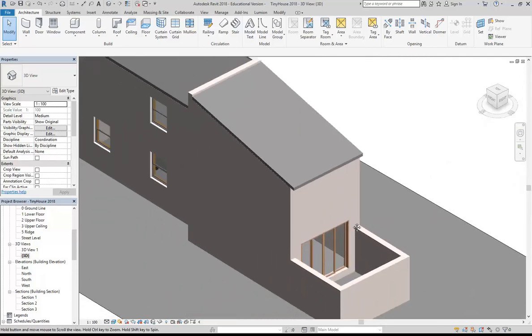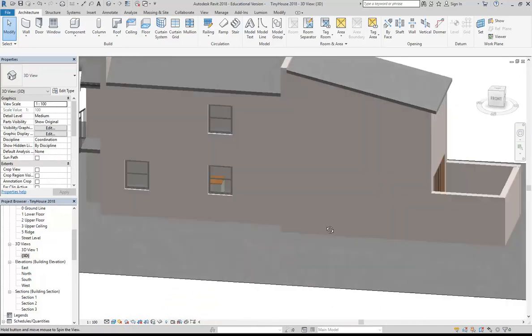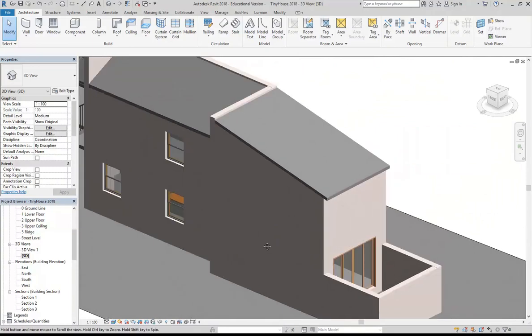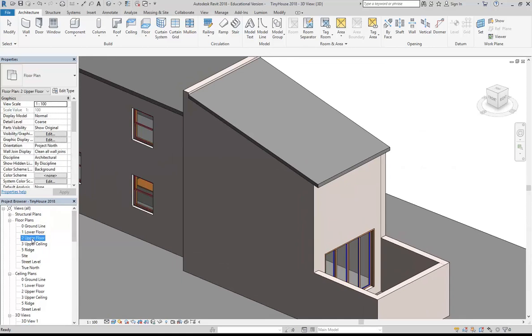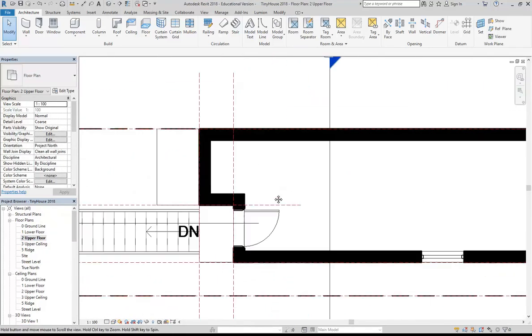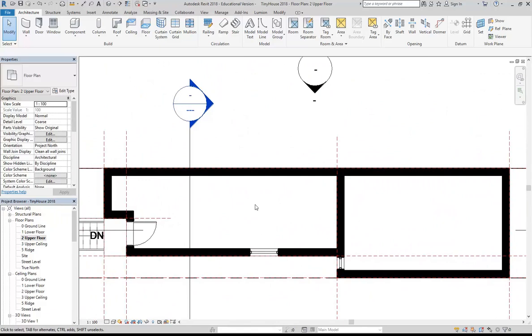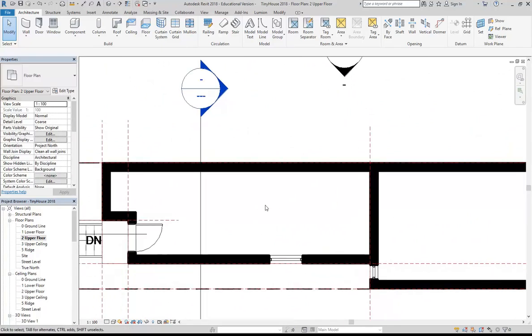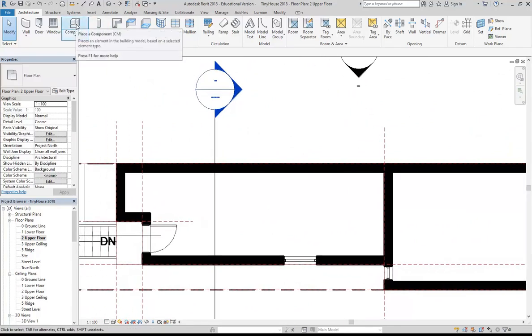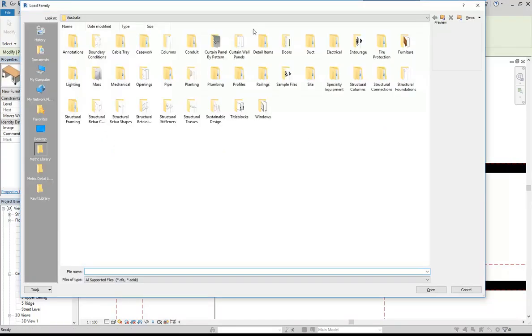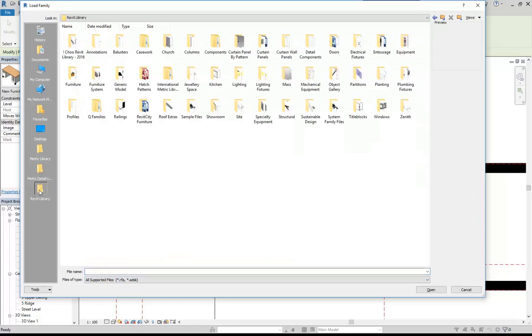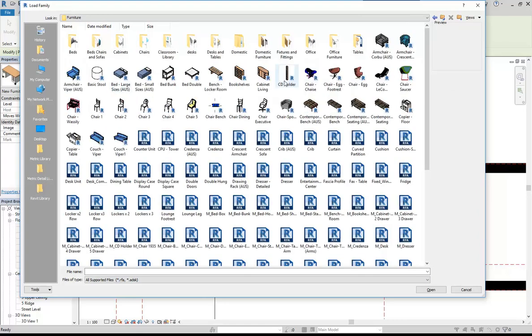So lots of door and window families that you can load. And for a project like this, you shouldn't really need to make your own. But when it comes to furniture, you may need to. But you might find, again, something that's close to what you want. So just very quickly using the component tool, place a component, and then load family. This time we'll go to the Revit library P drive, and then in the furniture folder, there,